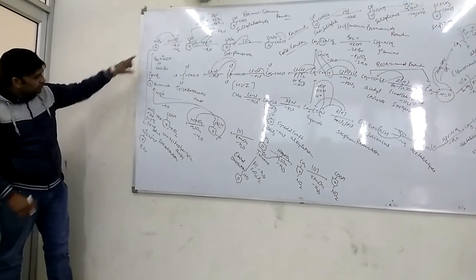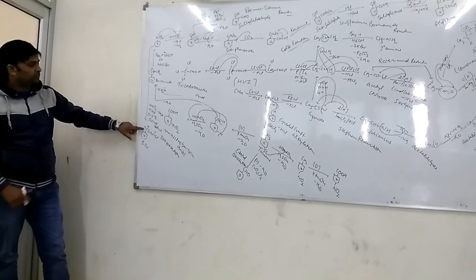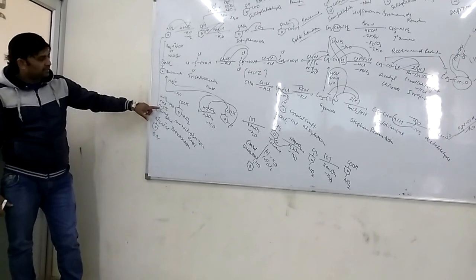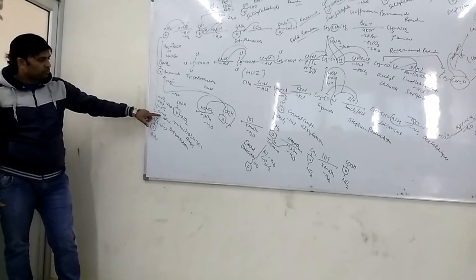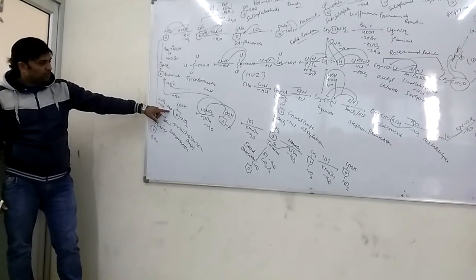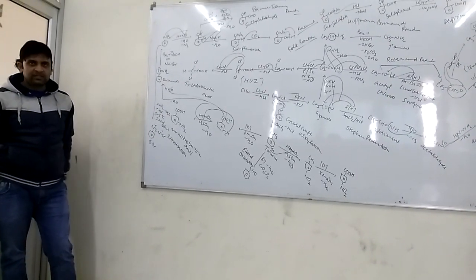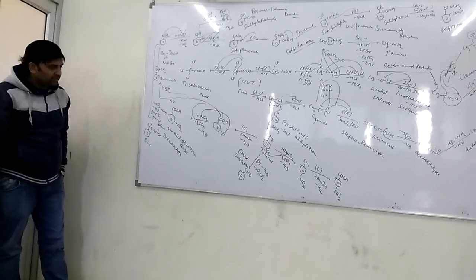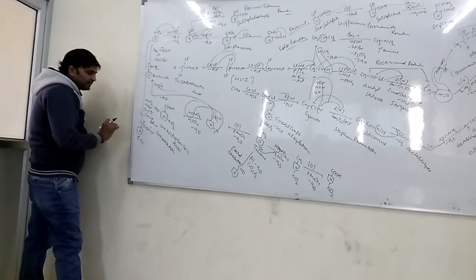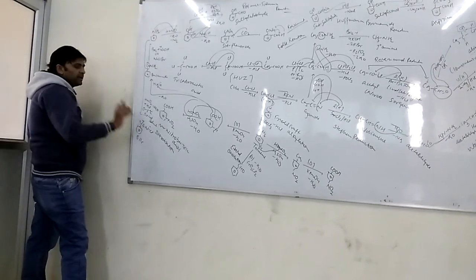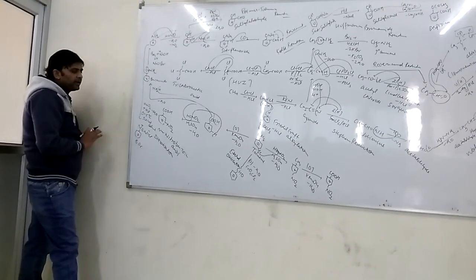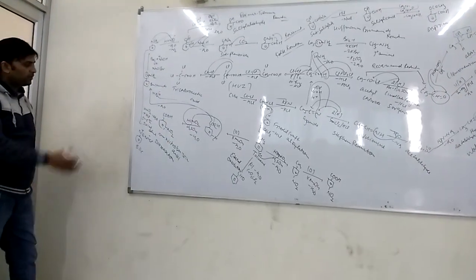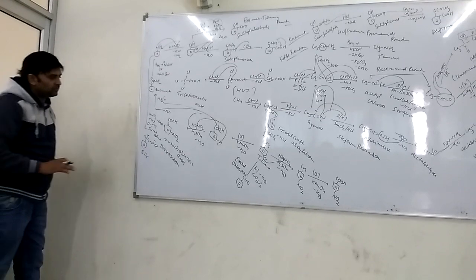Diazotization is the conversion of aniline into benzene diazonium chloride by the reaction of HNO2 and HCl at a temperature of 0 to 5, an ice cool solution. It releases 2 molecules of water and forms benzene diazonium chloride. This reaction is known as diazotization. You can see that this BDC can be converted into any type of aromatic compound. That is, you can form any type of aromatic compound by using this benzene diazonium chloride.